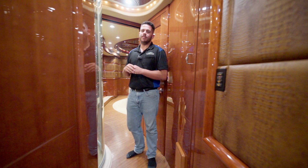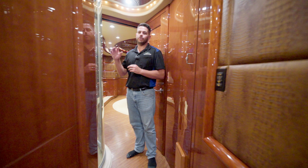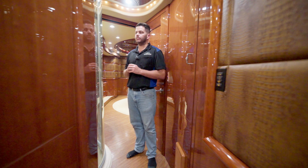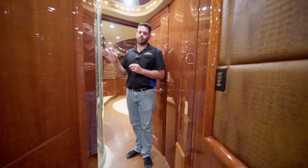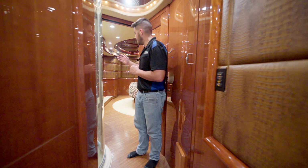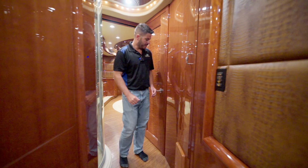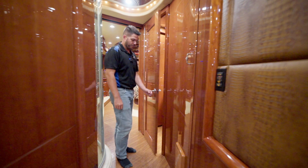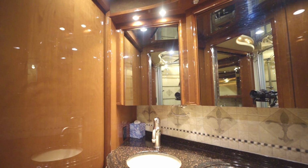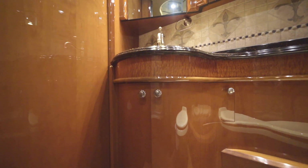All right, folks, now in the hallway bathroom area of the coach, you've got your shower over here on the passenger side of the coach on my right. Obviously, behind me, you're kind of seeing a view of the bedroom as well. And then right here is going to be your private toilet room. So we're going to show you something really cool and unique about this bus real quick. We're going to hit this button right here,